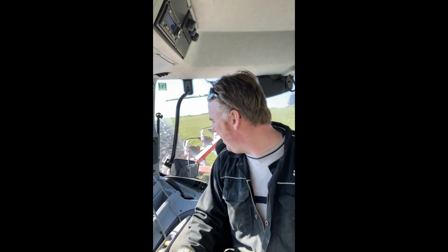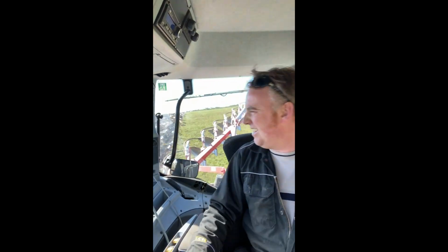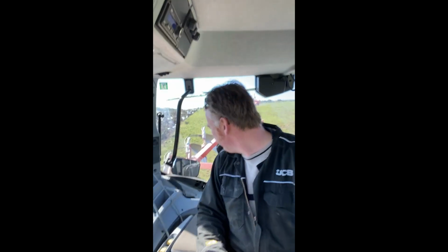Although, because my dad was feeling tight that day, we only bought a conventional because the reversible was another 8-9 grand. So I'm gonna have to do like this and back up the field. It's a pretty big machine, like I said, it's 10 furrows, so it's covering about 3.8 meters at a time, so it's pretty quick. And my tractor can reverse to 40k, so